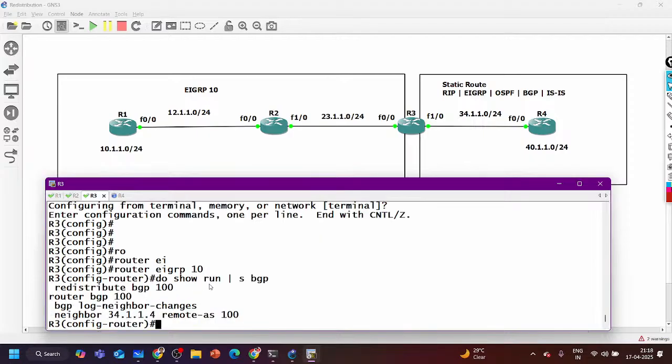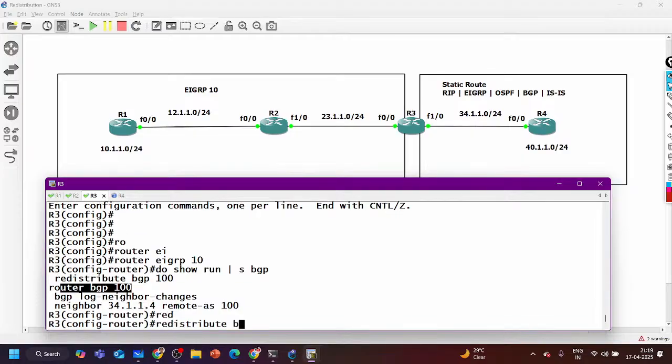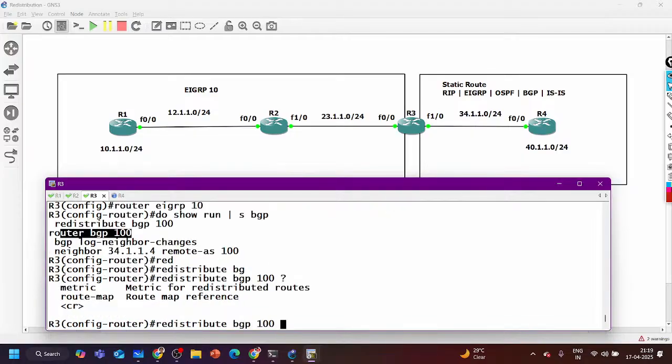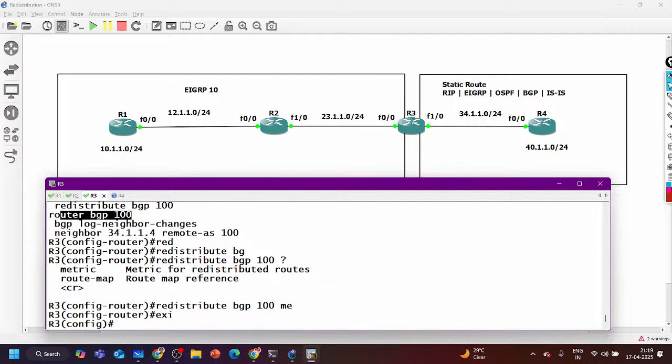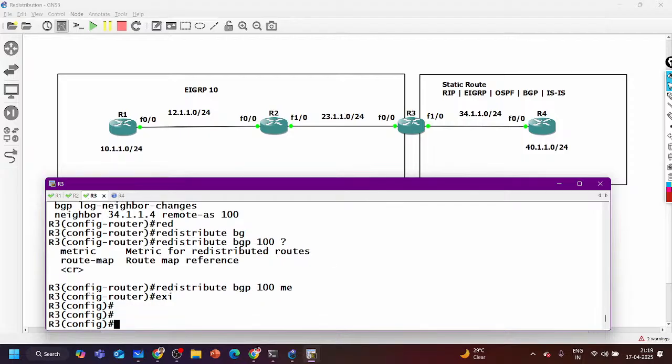Make sure BGP AS number 100 is running. Yeah, 100 is running. Redistribute BGP AS number 100. Metric, we have already set the metric value, no need to define. It looks like the issue is BGP redistribution.